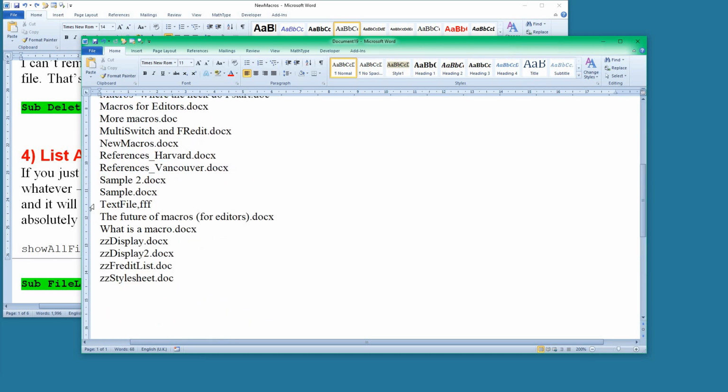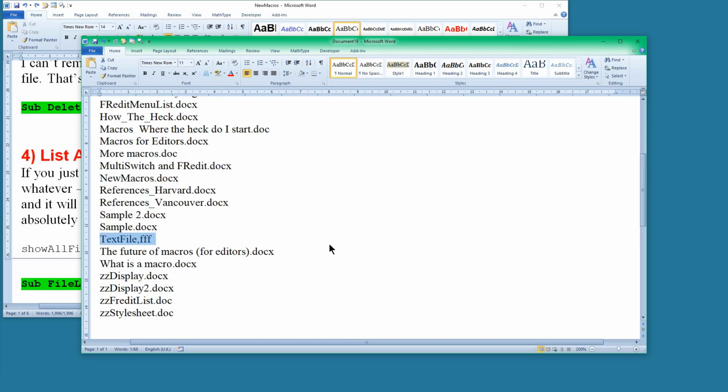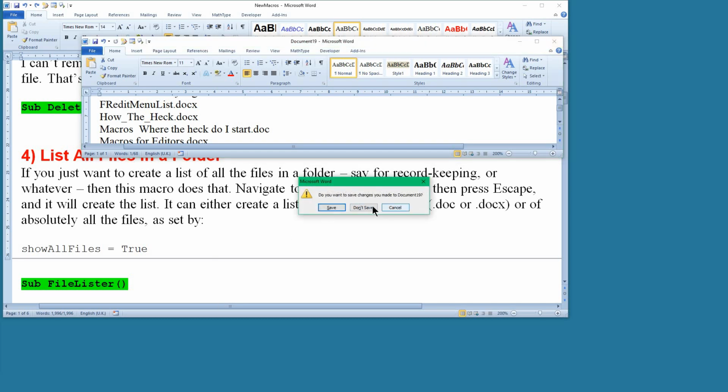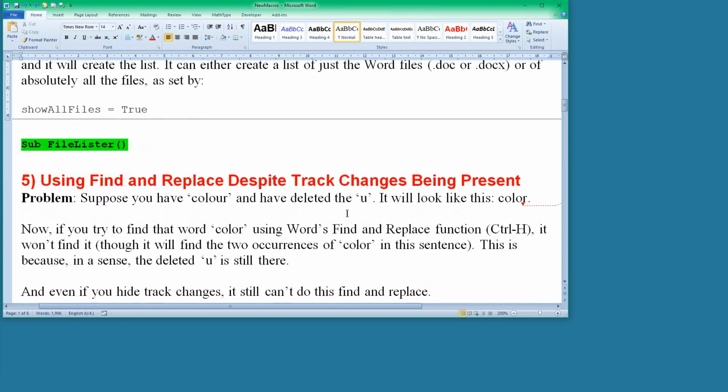It generates the list. The first line gives the address of the folder, and then there's the list. This has got some non-Word files in there because of the setting at the beginning of the macro: show all files equals true, or you can have show all files equals false if you only want the Word files. So if we get rid of that and see what's next, number 5,